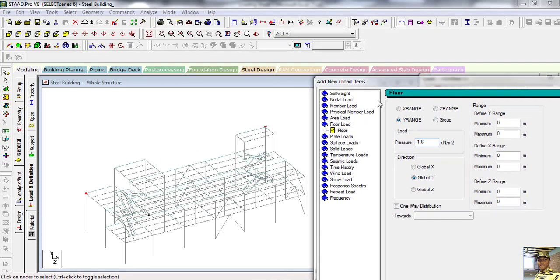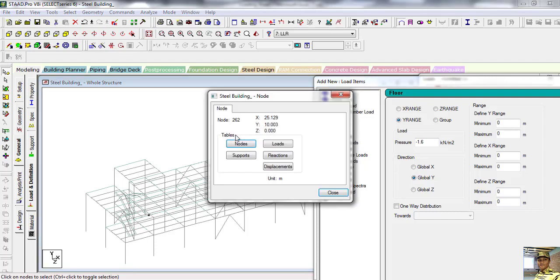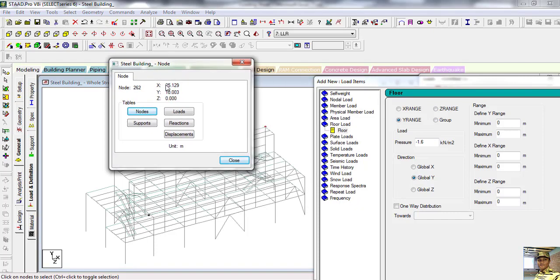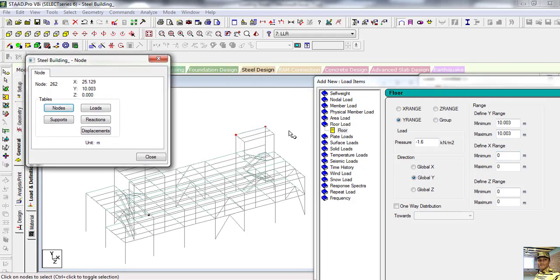Now also define the range. Select this node and see, this is y 10.003, so put this value 10.003 and maximum 10.003. Now we'll define x range. So only in this area this load will act.